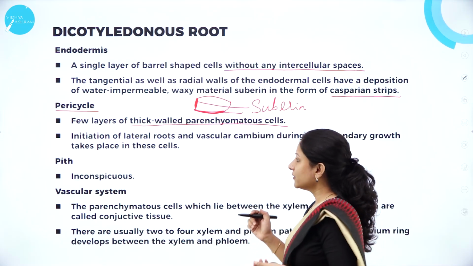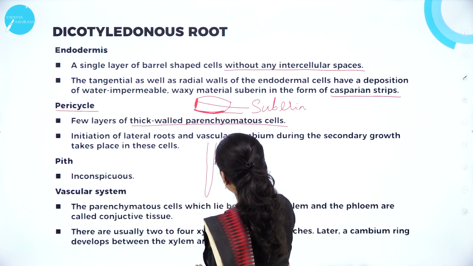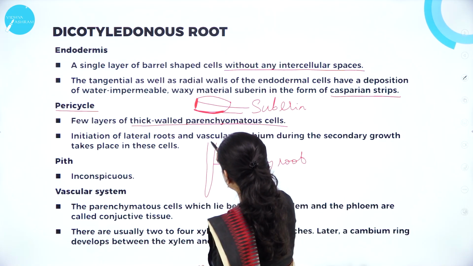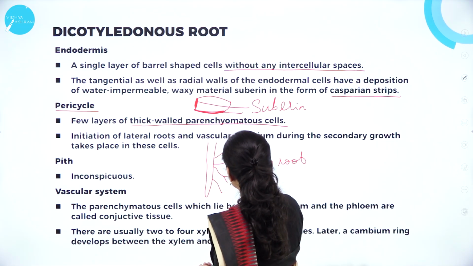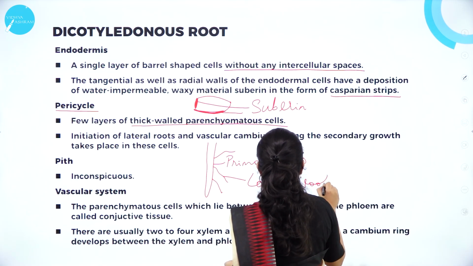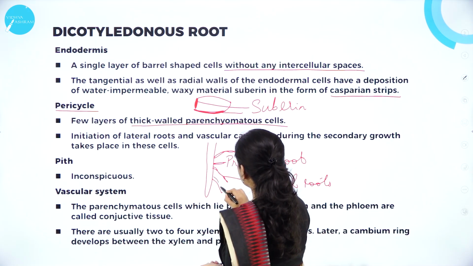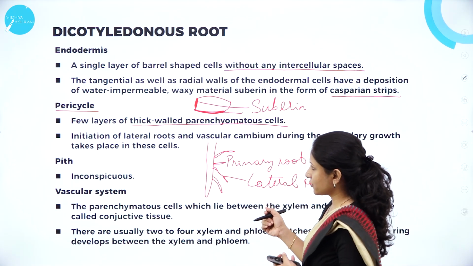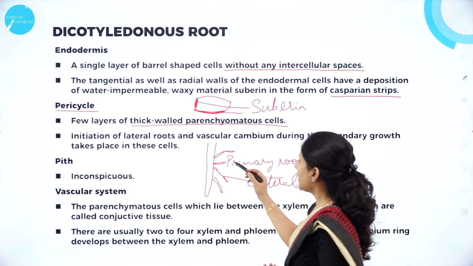If you remember, the root has the primary root. This we call the primary root. And then towards the sides, whatever root is being formed, we call it the lateral roots, or the secondary root. So the primary root we call the mother root, and the lateral roots we call the secondary root. The initiation or development of the lateral roots, as well as